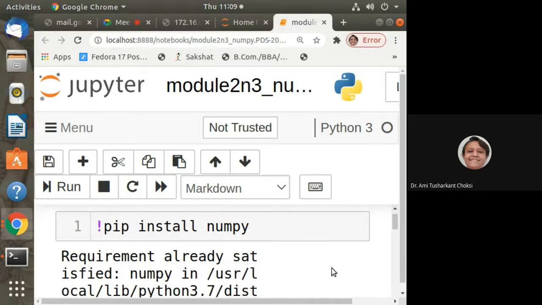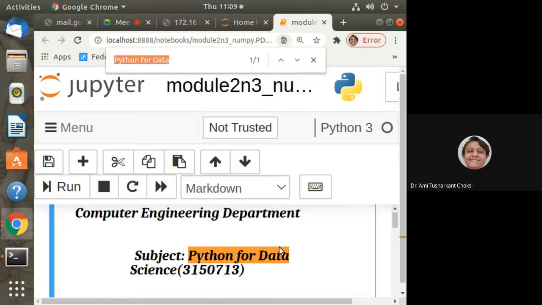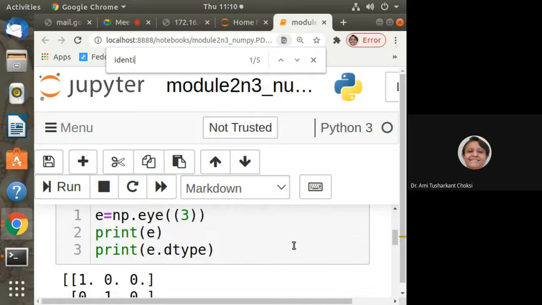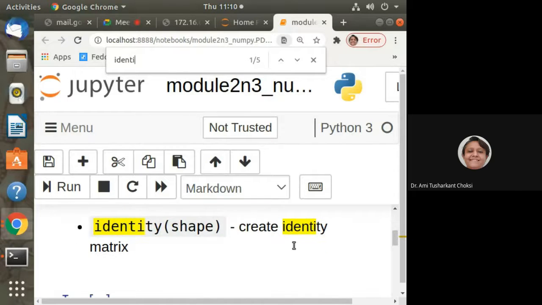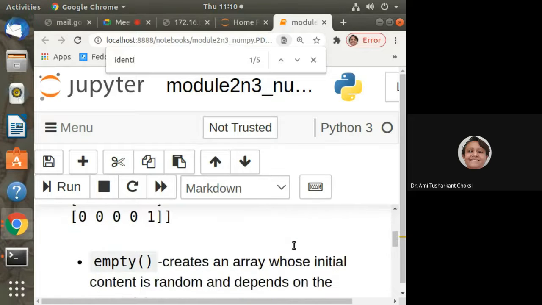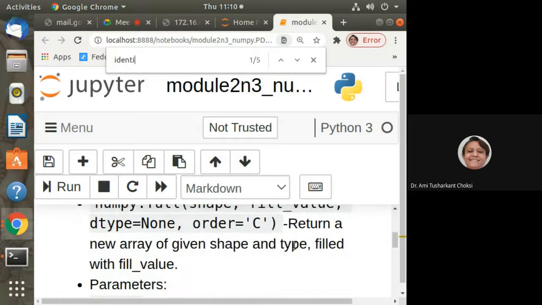So yesterday we have seen how to create the zeros and ones, right? Then we have seen how to create the identity matrix also, using eye, then using identity. Even using empty, we have created that.